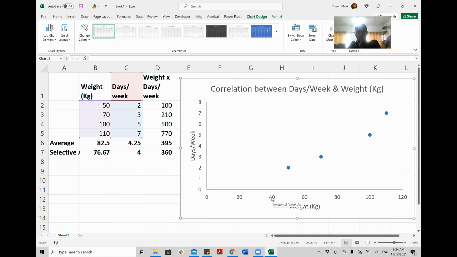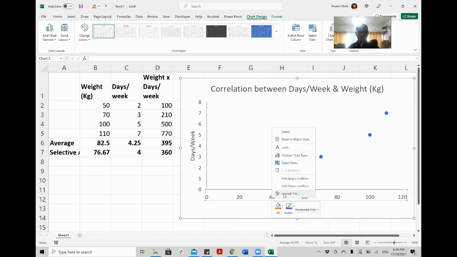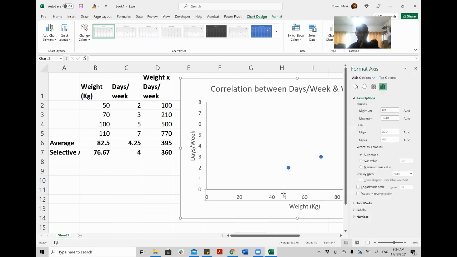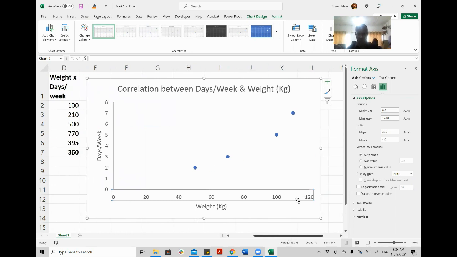Now I want to format my x-axis. I will select this and I will right click. I will go to format axis. This will come up right on your right hand side. Here I can even select the scale. For example, I want to show the maximum scale, minimum scale is 0, the maximum scale is 120, the units are 20 units apart, which is okay, but I would like to make it 10 units apart, but that would be too much, right?